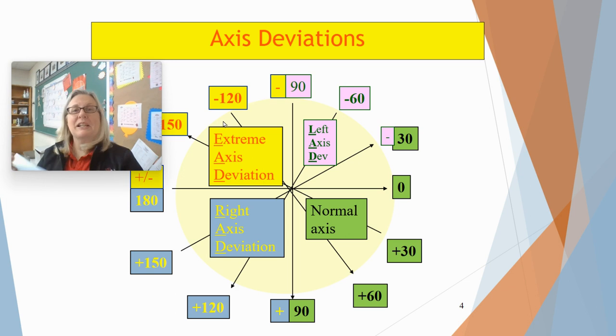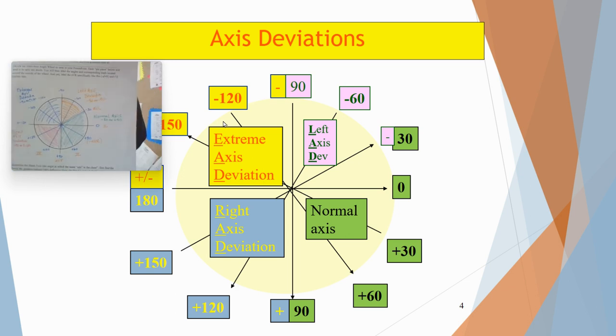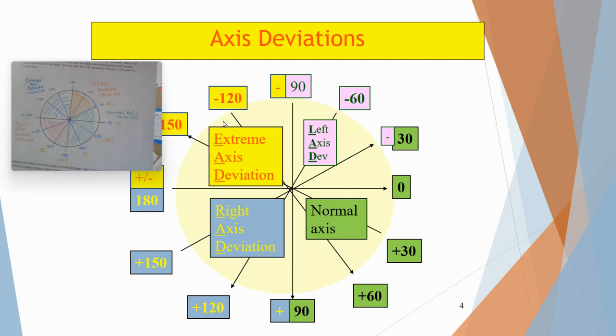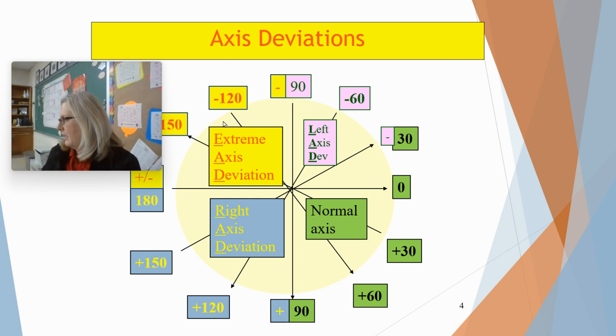So as long as your wheel looks something like this, it's going to help us determine our heart axis, okay? And we'll only need to use this while we're learning it, and then after this, probably won't need to use it too much, okay? As long as you start memorizing the parts, it's pretty easy to memorize, and I'm going to go through that with you as well, okay? All right, pause if you need to, but that's what your wheel should look like. Moving on to the next page,